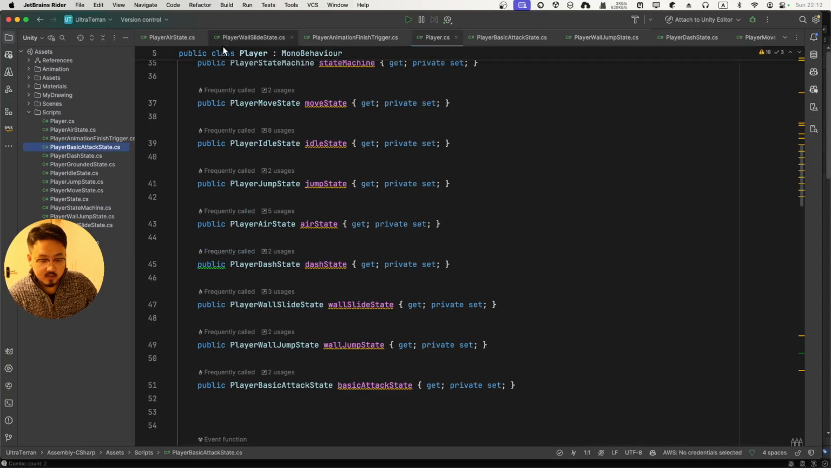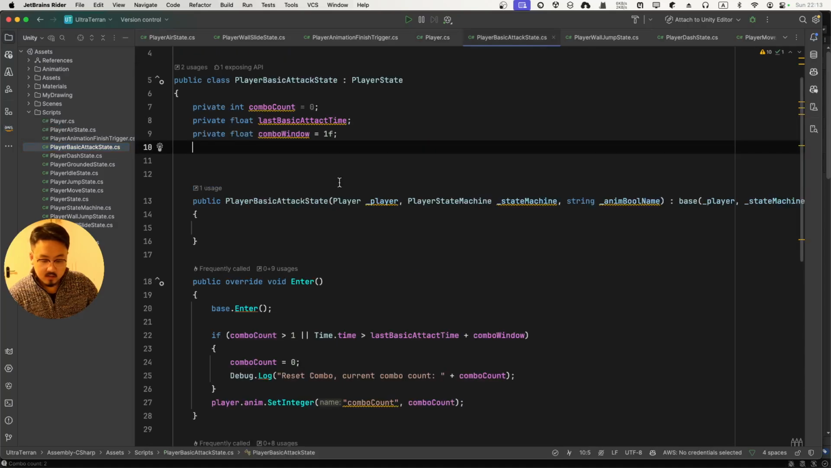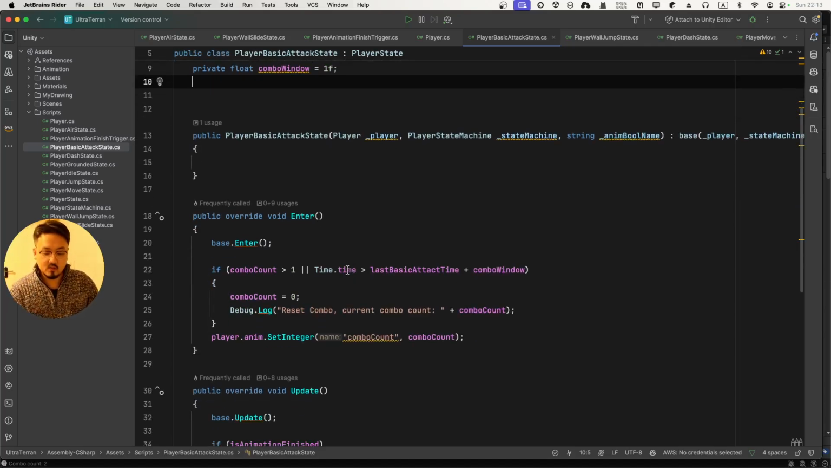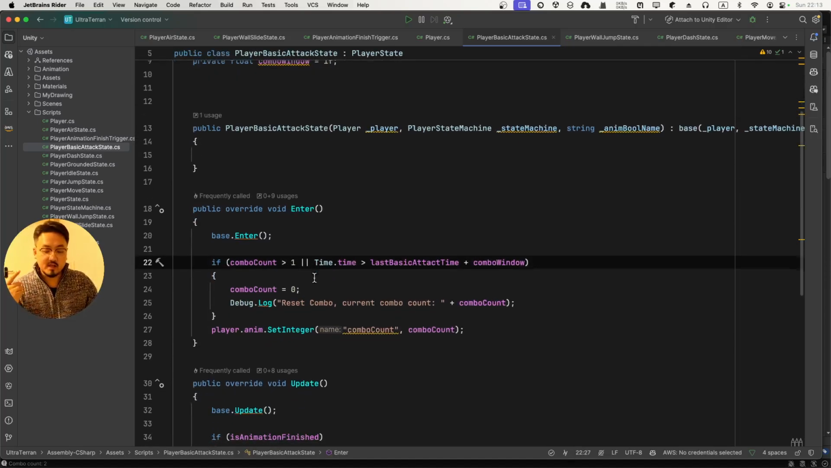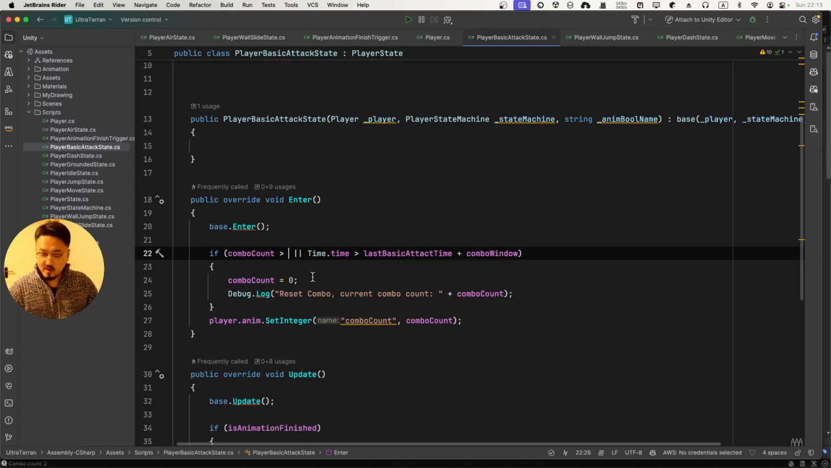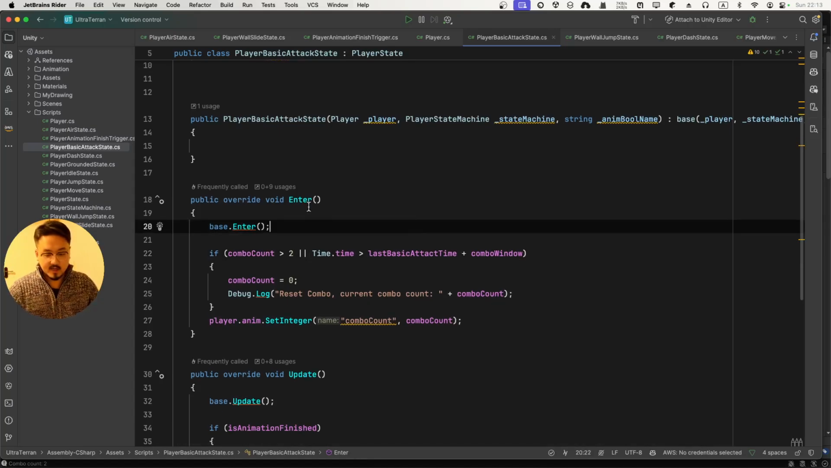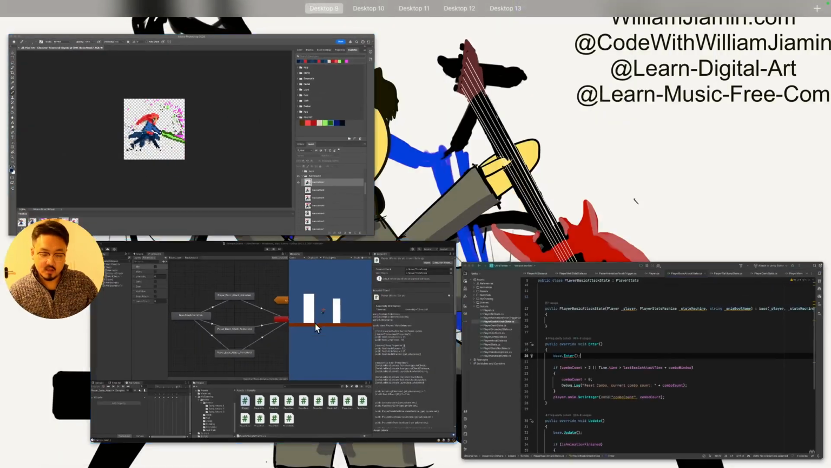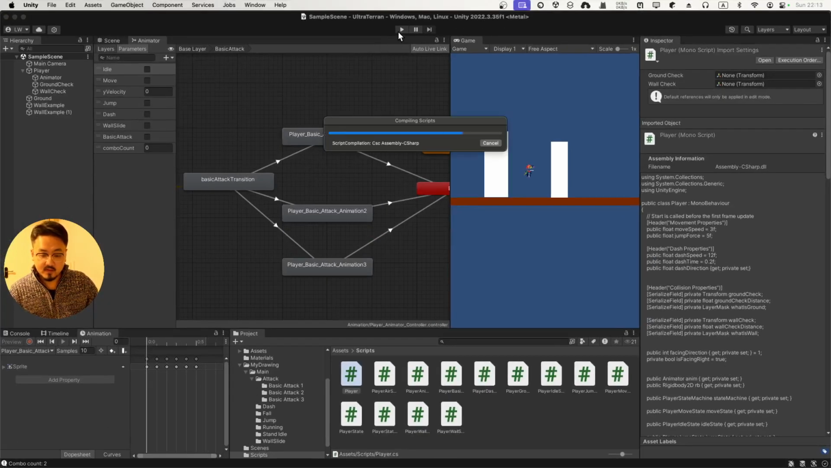Where is it? Basic attack state. Okay, here. Combo count starts with 0, 1, 2, and all that. So if it's greater than 1, reset. Right now, greater than 2 reset, so 2 will be considered. Okay, let's save this and quickly run the game to see whether this combo has been added to